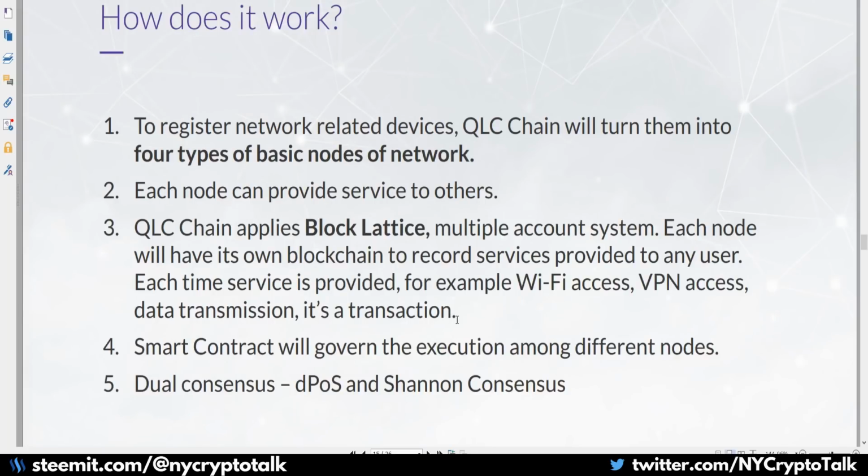So simplified, how does it work? To register network-related services, QLC Chain will turn them into 4 types of basic nodes on the network. Each node can provide service to others. QLC Chain applies a block lattice, multiple account system. Each node will have its own blockchain to record services provided to any user each time a service is provided. For example, Wi-Fi access, VPN access, data transmission. It's a transaction. Smart contract will govern the execution among different nodes, utilizing the dual consensus of DPoS and the